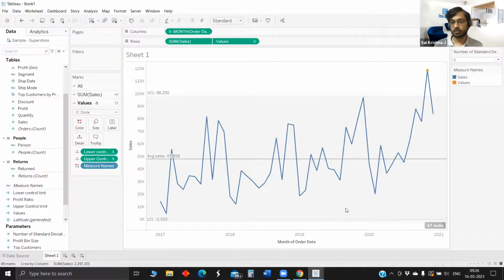This gives you a visual representation of how many products you have manufactured that are out of your control. For example, if you're manufacturing 100 products in a batch, how many of them had a diameter of more than 20.5 mm or less than 19.5 mm? That is what you can quickly determine using this kind of control chart. That's a little bit of additional information on control charts. Over to you, Jairam. Thanks, Hari.